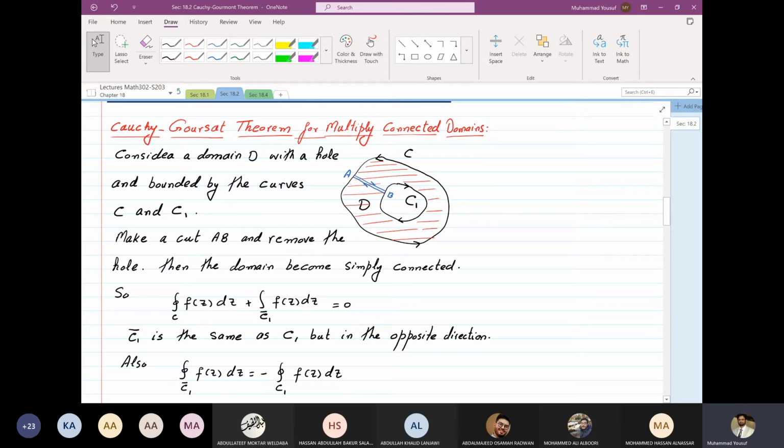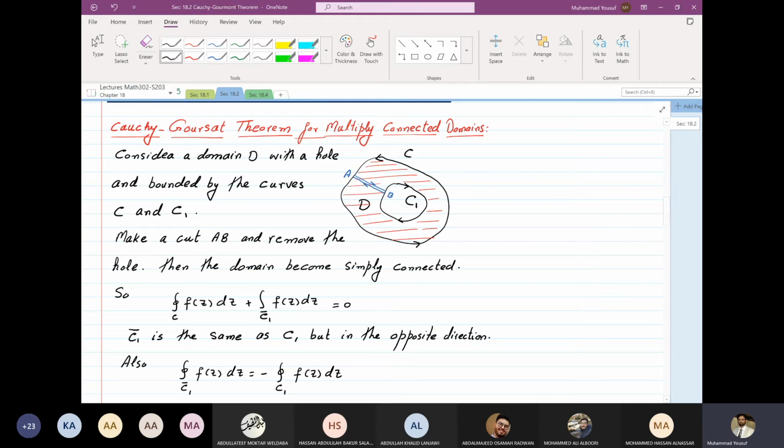Now I want to tell you another thing: when we move along the outside curve, we have to move counterclockwise so that the region is on our left hand side. And when we move along the inside curve, we should move clockwise, so that the region is again on our left hand side. This was something I said before, that most of the time it will be counterclockwise, but sometimes it can be clockwise.